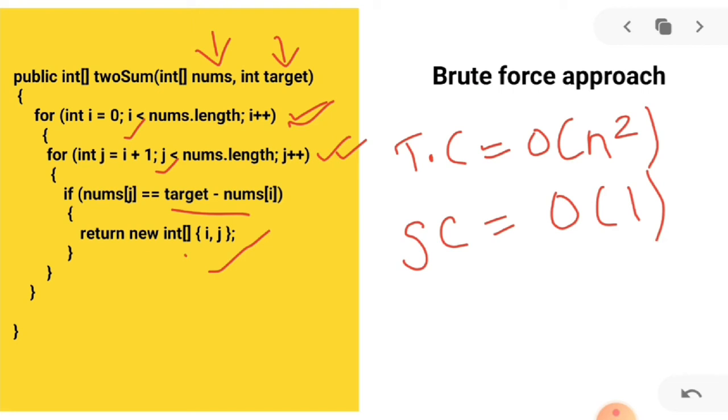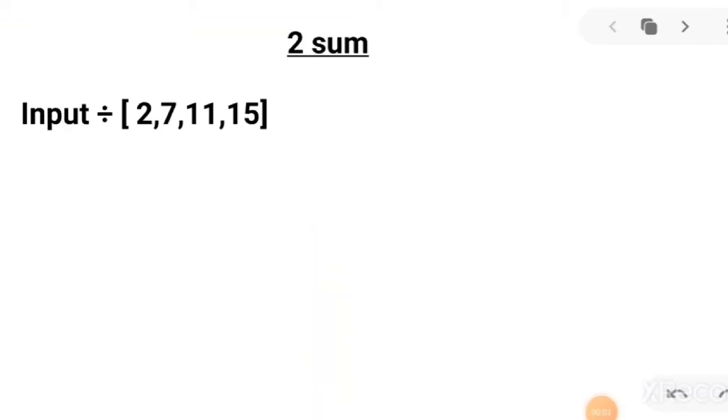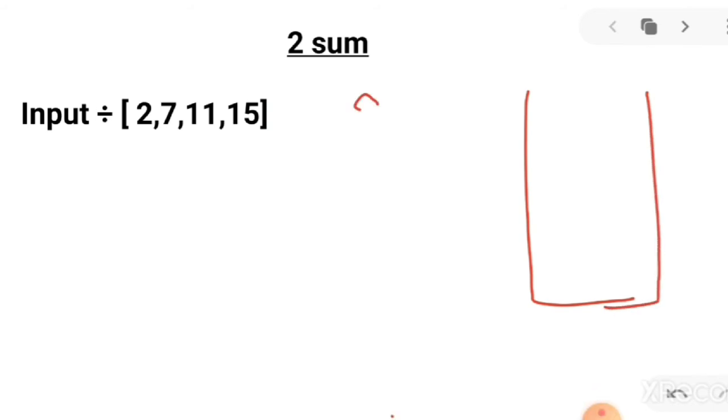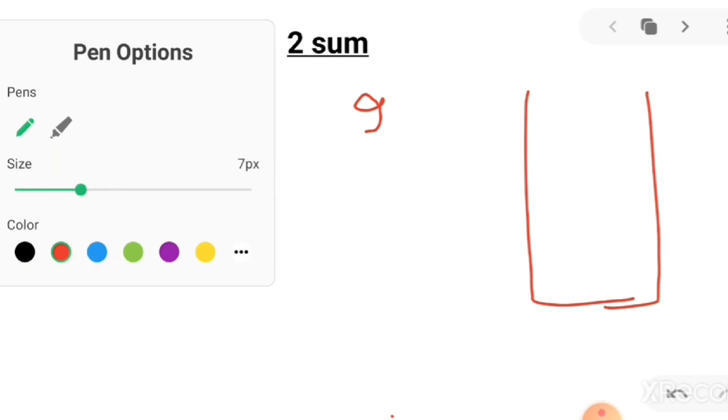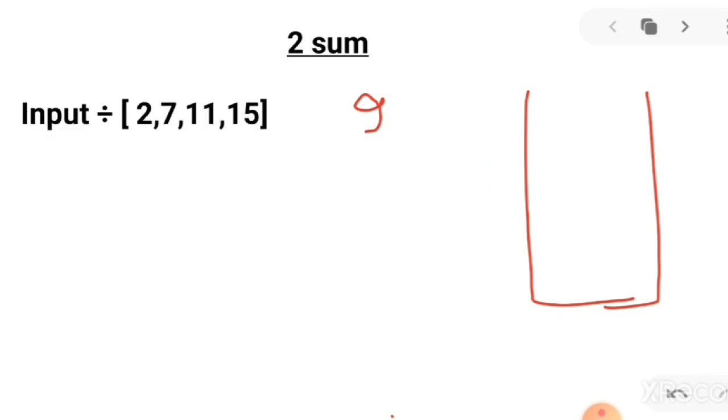Let's discuss the efficient approach so that we can reduce our time complexity to O of n. This efficient approach will make use of a hash table. Let's say this is our hash table and our target value is 9. We'll traverse this input array. Let's say our pointer is at 2 at first. We'll check if target minus the array value, that is a of i, exists in this hash table or not. So target minus 2 is 7.